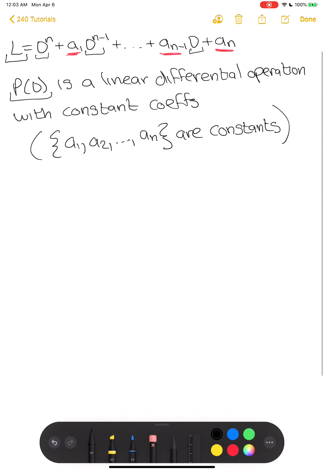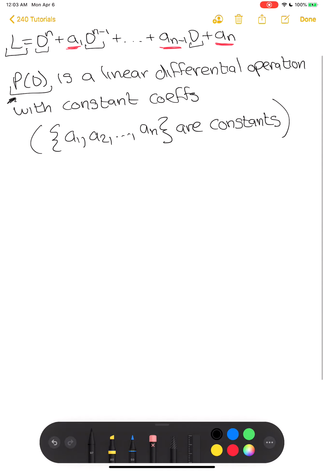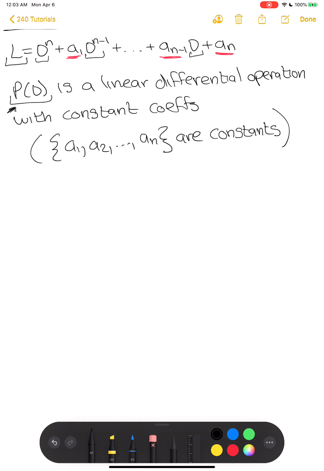And so what you're going to do to actually solve differential equations is, first of all, you're going to have to convert the differential equation that they give you into something that looks like a polynomial differential operator, and then you can go through and do the methods they talk about in the textbook, okay? So the general methodology here,